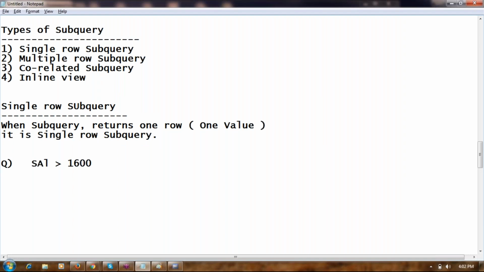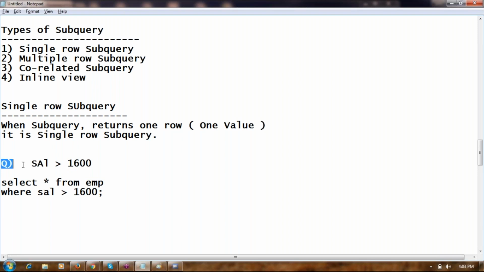How to write a query for that? Select star from EMP where salary greater than 1600 is the query to get the results of the employees who have salary greater than 1600. But here the value 1600 I have given in the question itself.